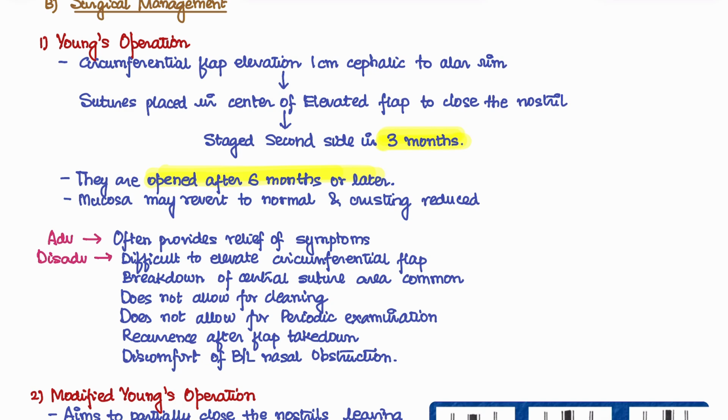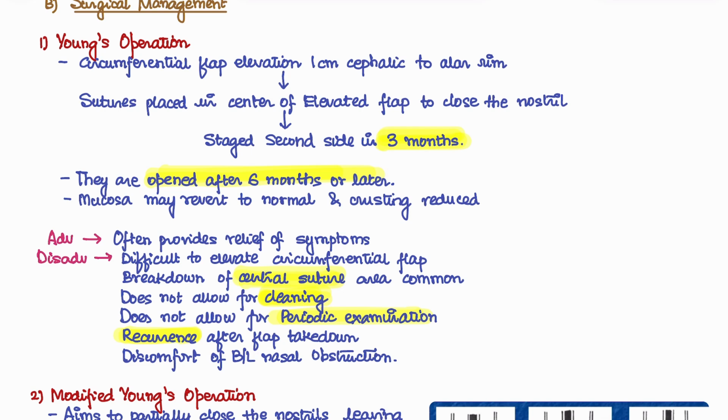Now, this procedure has its own disadvantages. The disadvantage being, first of all, it is very difficult to elevate the flap. The central suture commonly breaks down. And because you are closing off the nostril, there is no way to do periodic examination or cleaning of the nose. And this also leads to a lot of patient discomfort because of bilateral nasal obstruction. So the patient has to breathe through the mouth. And this procedure is also associated with a higher recurrence. So because of all these challenges,